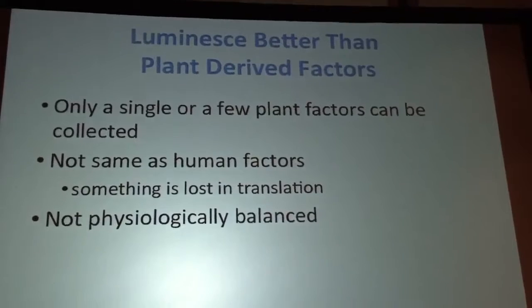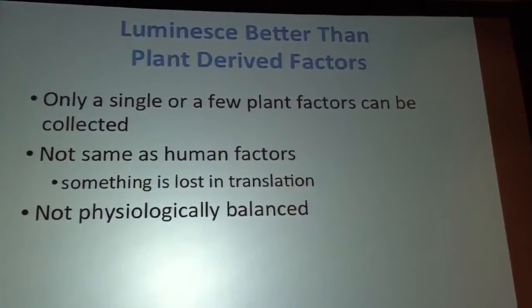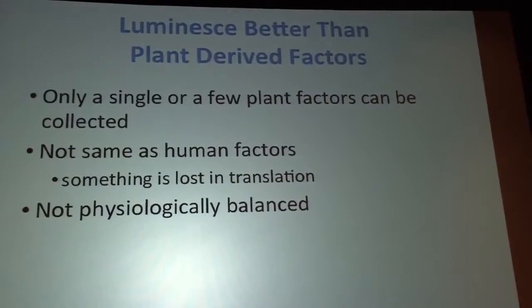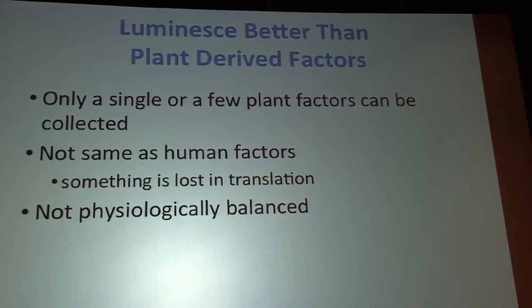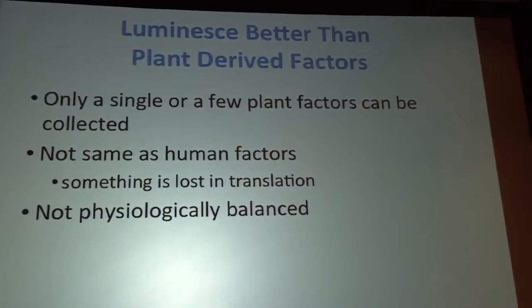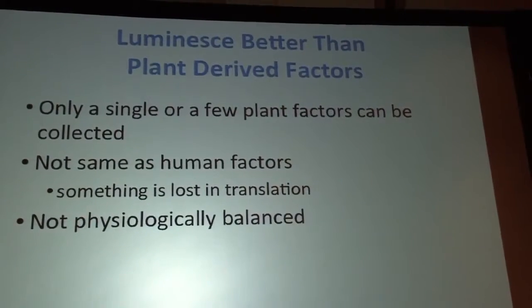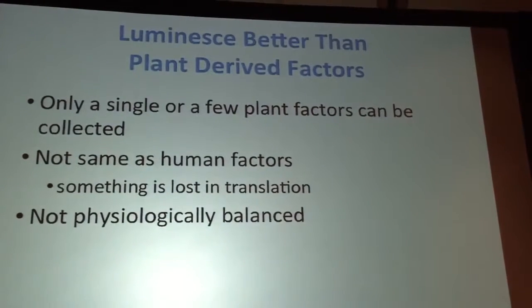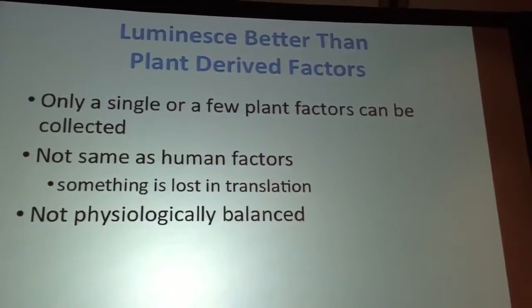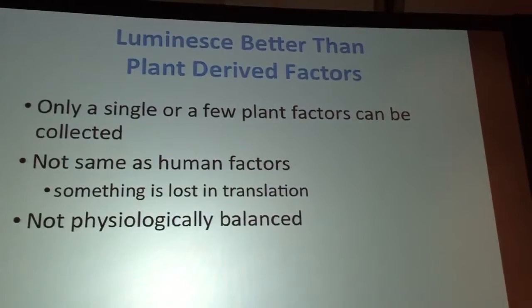And then the plants, they're not human at all, so they're not going to be the same as ours, but they do have some effect. It's just they don't have as good of an effect as the combination of these factors. So you get one growth factor, or one factor that you put on, and it does one thing, but if you put too much of it on, then it's not in balance. So you can't get to that point using the stem cell complex, because that's already